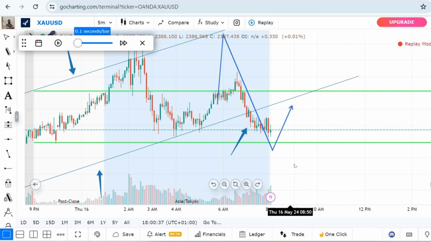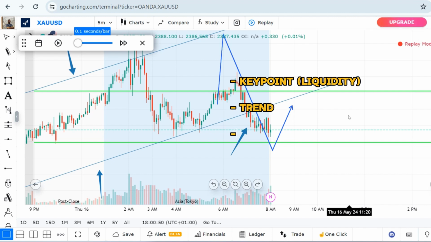So this is actually what we basically mean as a breakout. We have a breakout, the market moves out of this trend line. So that is basically what we mean by the breakout. Now that you understand how I draw out my key points, how I draw out my trend, and what a breakout is,